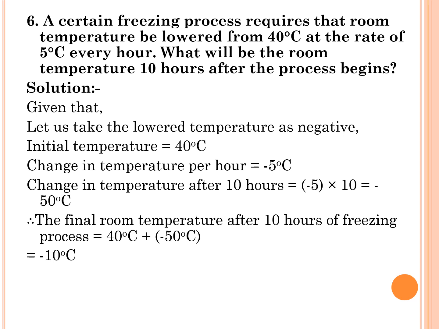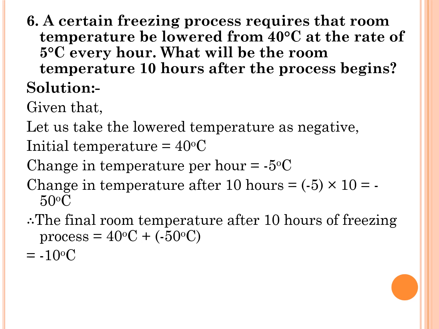Change in temperature after 10 hours is equal to minus 5 into 10, that is minus 50 degrees Celsius. Therefore, final room temperature after 10 hours of freezing process is 40 degrees plus of minus 50 degrees gives you